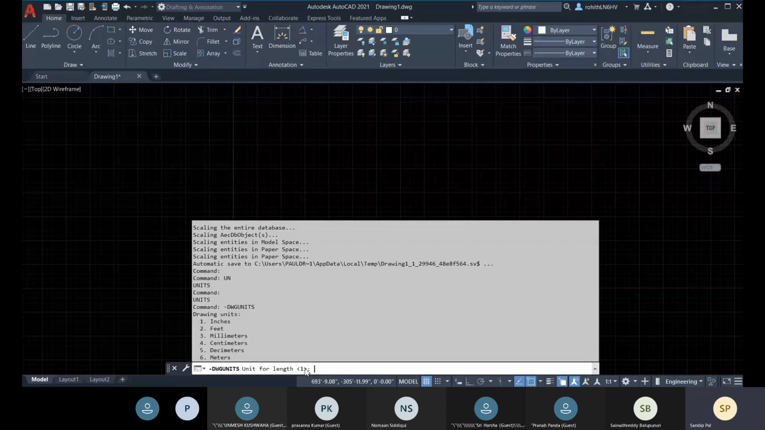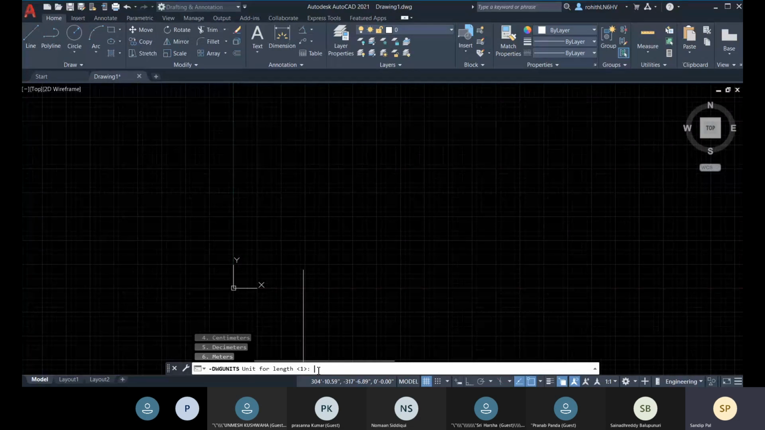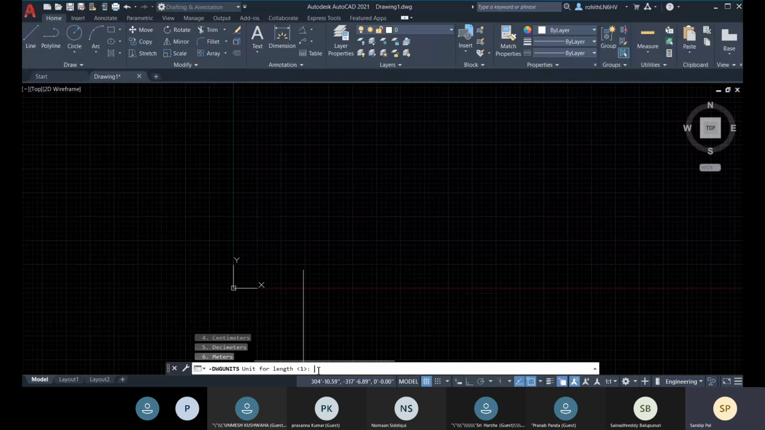So here you see that it's showing you 1. Whenever you type any command and some values are needed, and if you get this bracket and you see the value there, that means this is the previous input value. Okay, it is showing you the previous input value. If you just simply press enter, it will take that previous input value. Okay, so